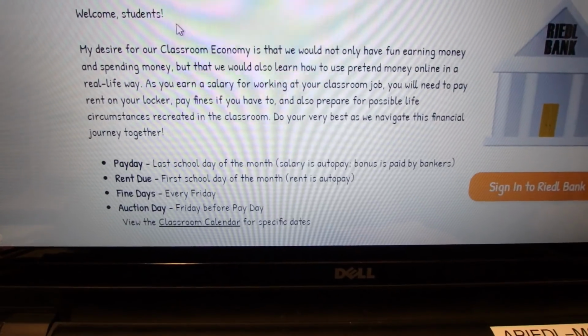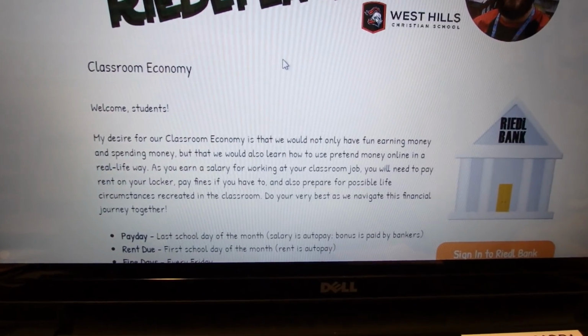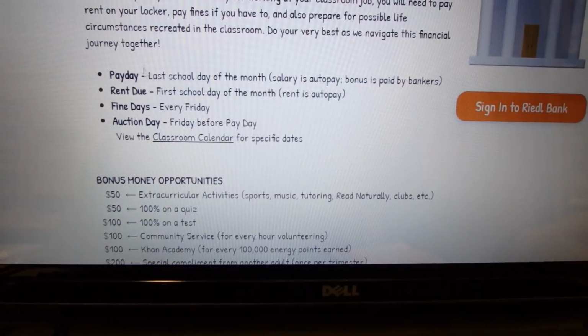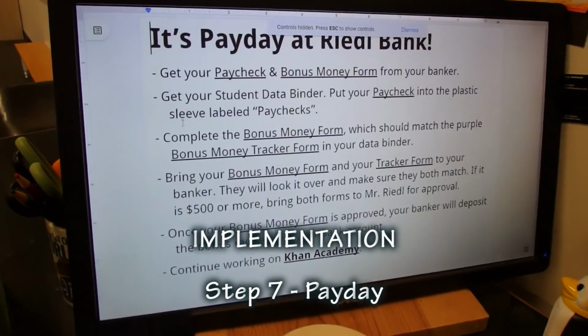So this is the Classroom Economy page on my website, and this is something that is really helpful to have a hub for the students to go to. So let me talk about Payday. The way that Payday works is I put this up on the screen on the projector,